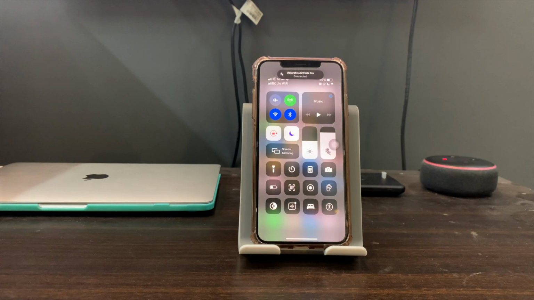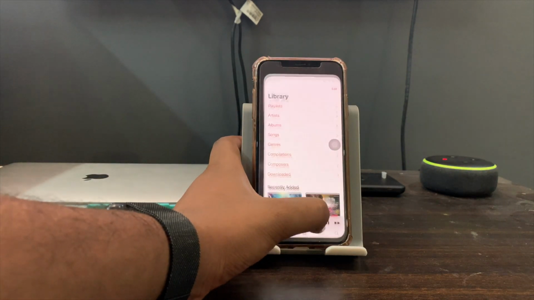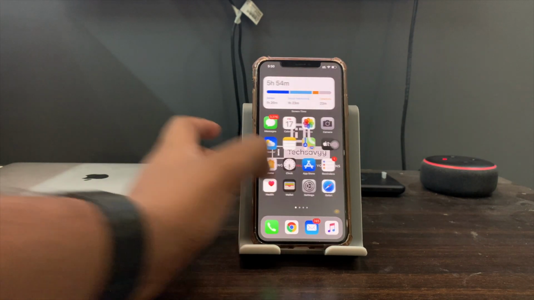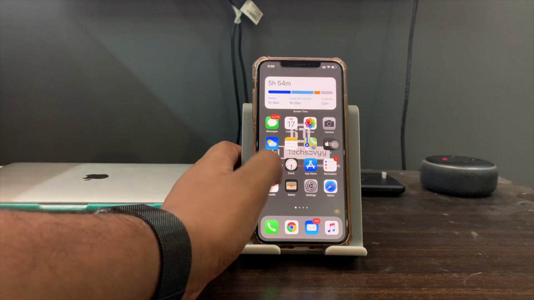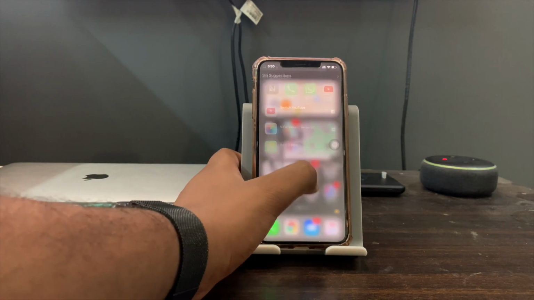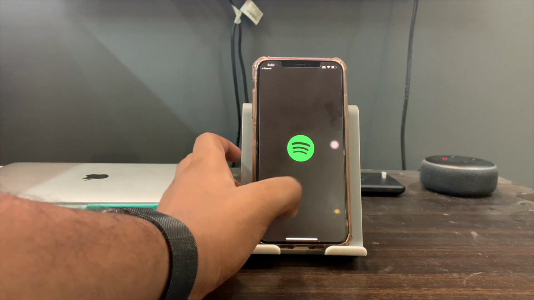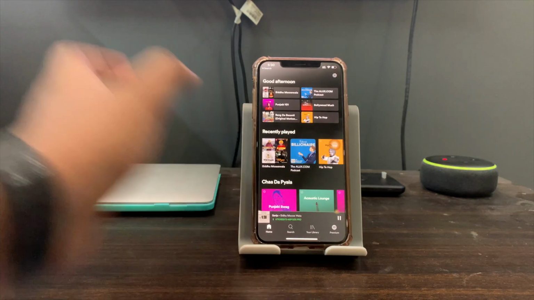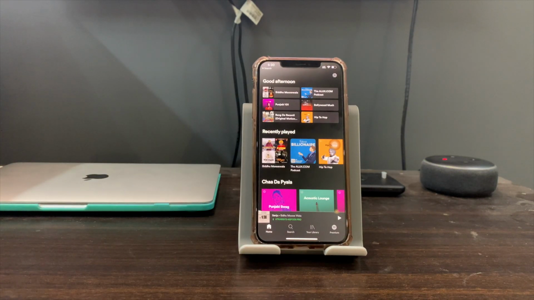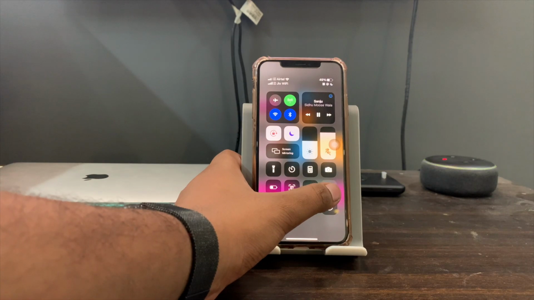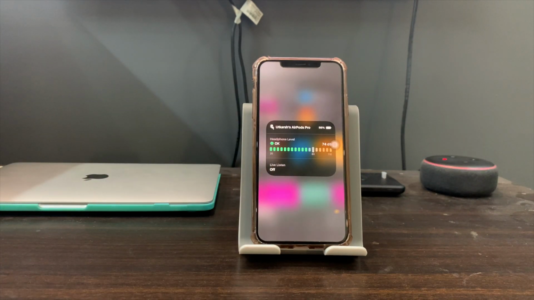Also, if my AirPods are connected and if I am listening to something, I can access the control center and it will show me the decibel meter.